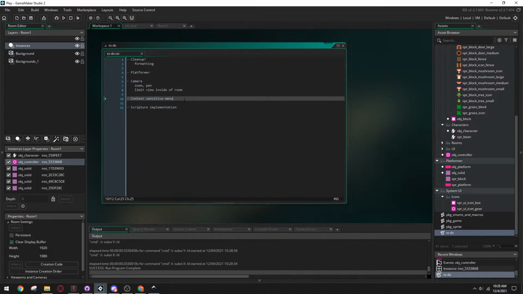So I want that menu. I don't know if I'm ready for that yet, though. I do want to add a camera so I can create stuff on a wider scale and see how that feels. So maybe we'll do that right now. So let's start doing some camera commands here. So I want to be able to pan the camera over. And I want to be able to